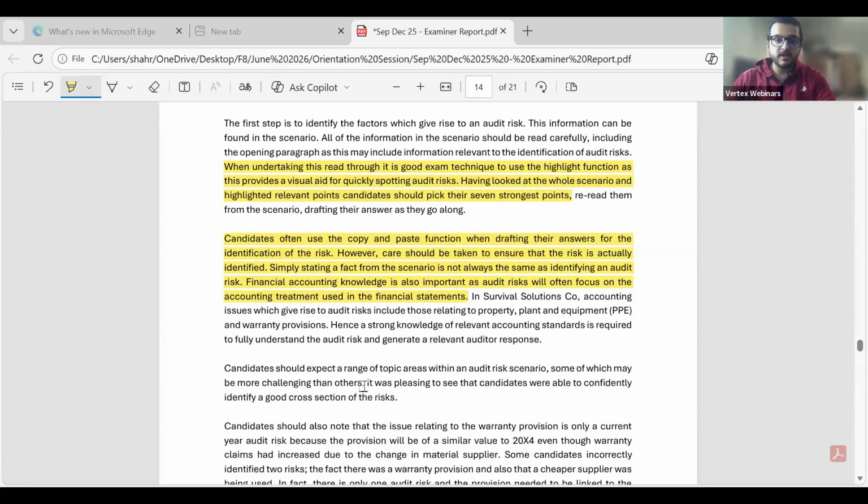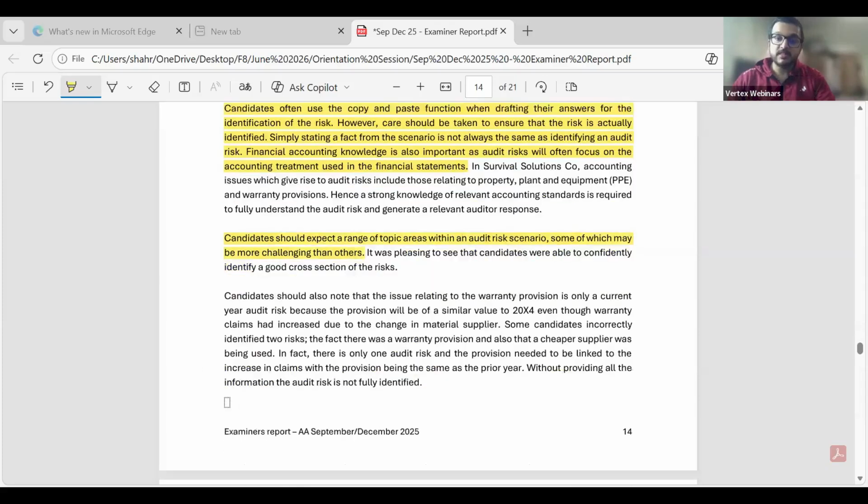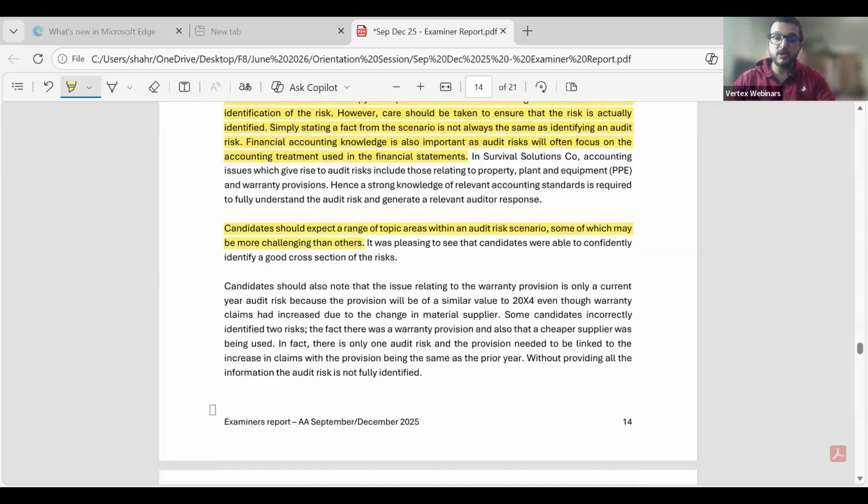Some may be more challenging than others. So it is always recommended to pick up your strongest and easiest points. There will be points you will struggle with during the exam, because there will be something challenging, there may be something unexpected, a tough ball to face, a tough one to deal with. But that doesn't mean that you'll surrender, you'll leave the battlefield. That's not how it works.